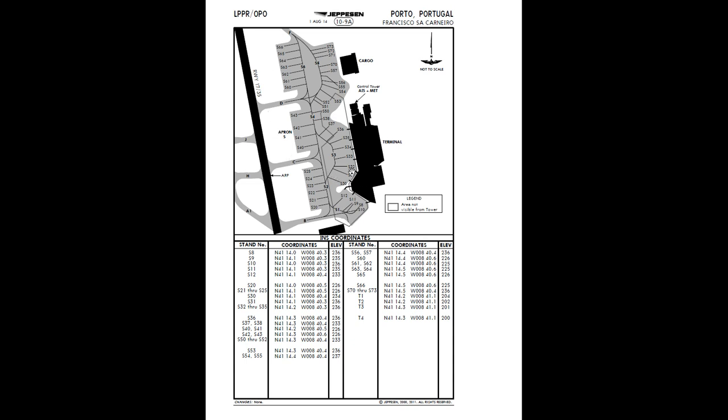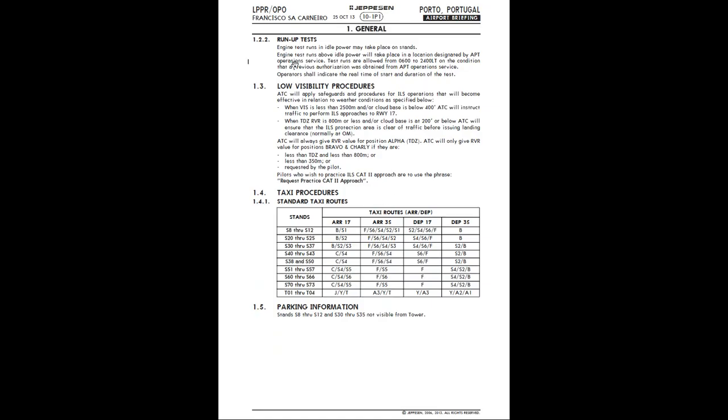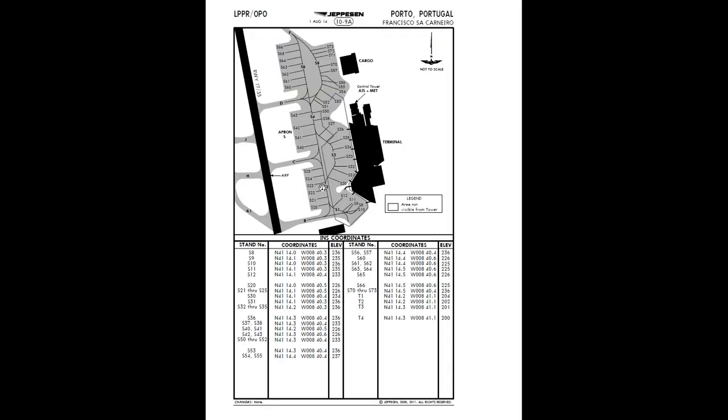The area is not visible from tower, so we have to have the marshalling during the pushback, and this will actually be done. And we will actually push back with nose to the left, as you can see, and pointing to the north. Going to the next chart, that is the general chart for Porto. You can see taxi routes, arrival, departure. Departing around 17 stand from Sierra 8 to Sierra 12, in this case is the Sierra 2, Sierra 4, Sierra 6 and Foxtrot. Coming back to the parking, you can see pushing back Sierra 2, Sierra 4, Sierra 6 and Foxtrot, and we will follow this